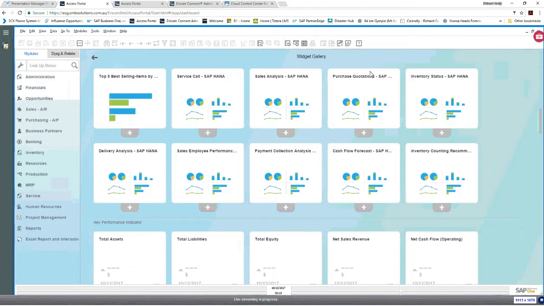But with SAP HANA, of course, you now have the next generation of the DI API, and that is called the service layer. And what the service layer is enabling partners and customers like us to do is build a whole new set of applications that take advantage of the latest technologies. Let me give you a great example, and I've talked about this a number of times, and I only picked this solution because I've had the opportunity to work with it closely myself.